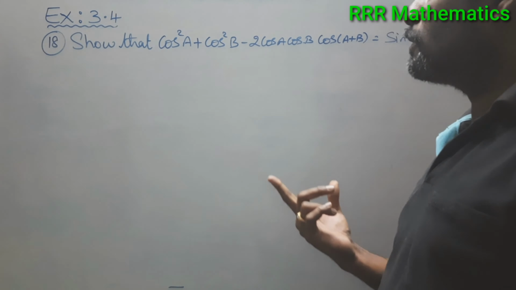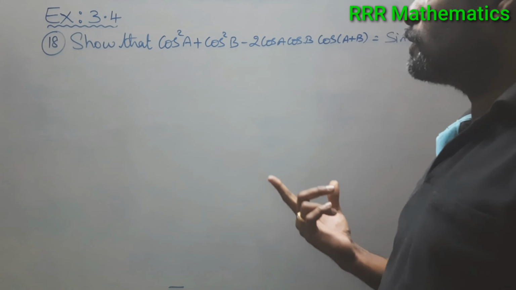Why am I rewriting like this? Because when you compare these two, I can take cos square a as common. Cos square a, when you take common, 1 minus cos square b is left. And comparing these two, I can take cos square b as common. When you take cos square b as common between these two, it will be plus 1, and cos square b goes out, so minus cos square a is left. Here plus 2 times cos a cos b into sin a sin b. Got it?